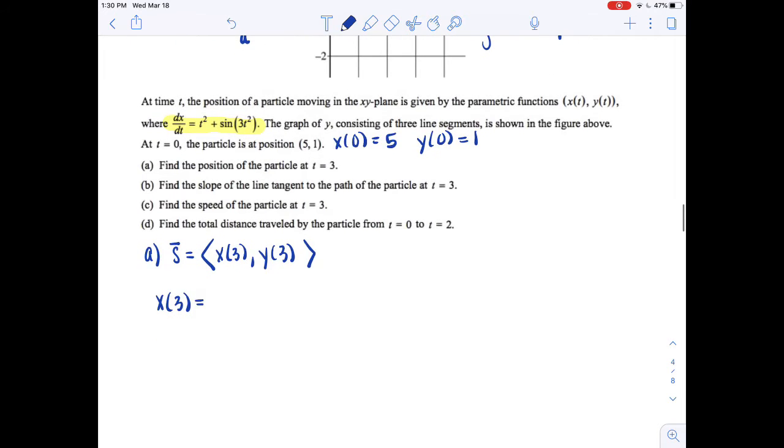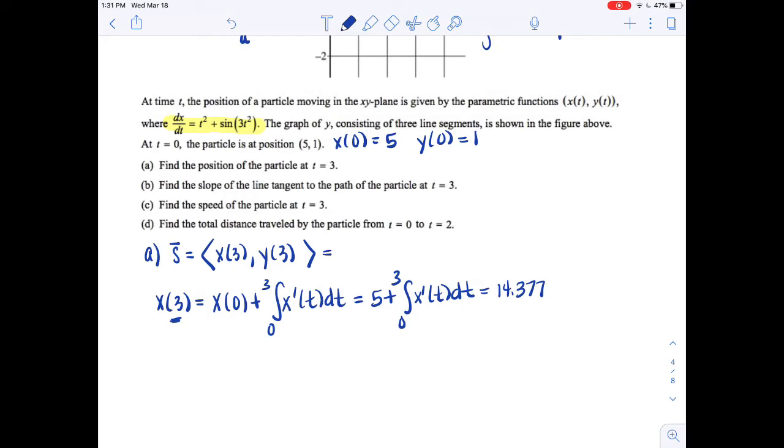So when I go down here, my initial location is x of 0. I'm going to integrate from 0, which is where I'm starting, to 3, because that's where I want to end up. And what am I integrating? x prime of t dt. As I mentioned earlier, this is definitely a calculator question, so this is something you'd type in your calculator. To be a little more specific, x of 0 is 5, plus the integral from 0 to 3 of x prime. You can just put that right in your calculator as y1 or y2 or whatever, and obviously round to 3 decimal places. That comes out to be